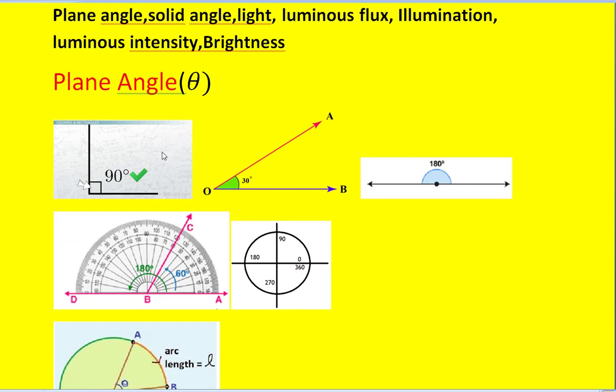We know many times that angles are represented by 90 degrees lines like this, 30 degrees lines, 180 degrees lines. So this line and this line are displaced with respect to each other by 180 degrees, and this angle is normally measured with the help of a protractor like this. And suppose we have a circle like this, we start here and we get a line like this, then the total angle is said to be 360 degrees.